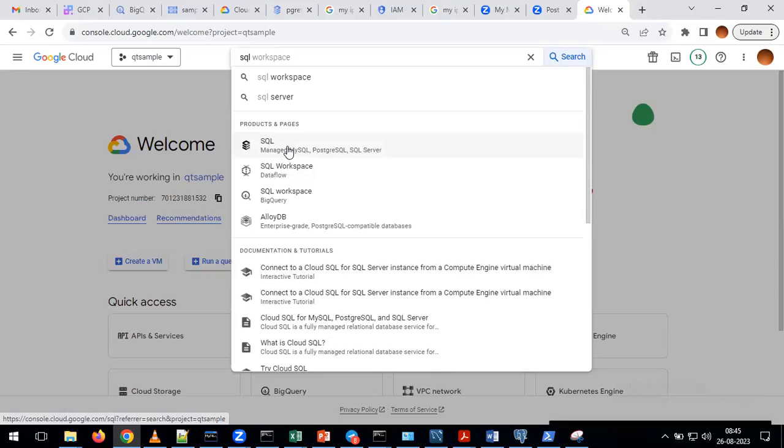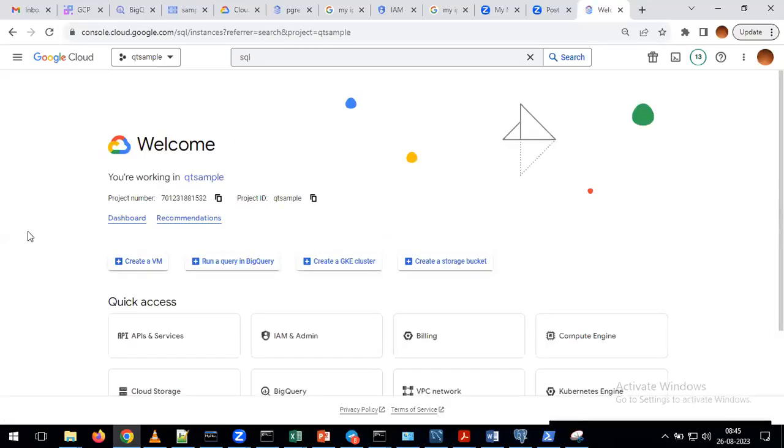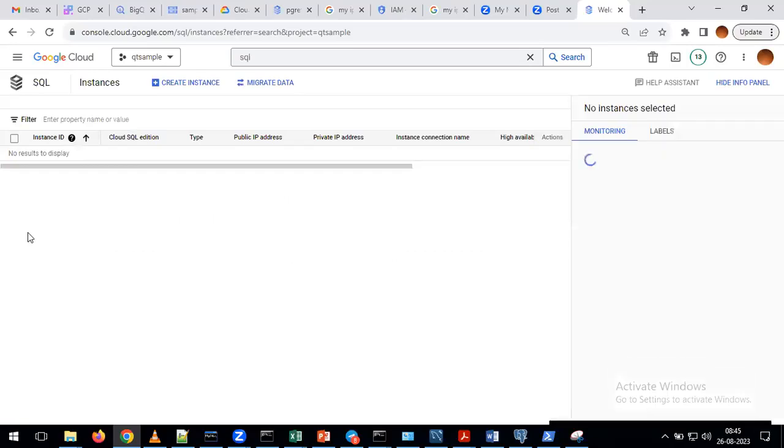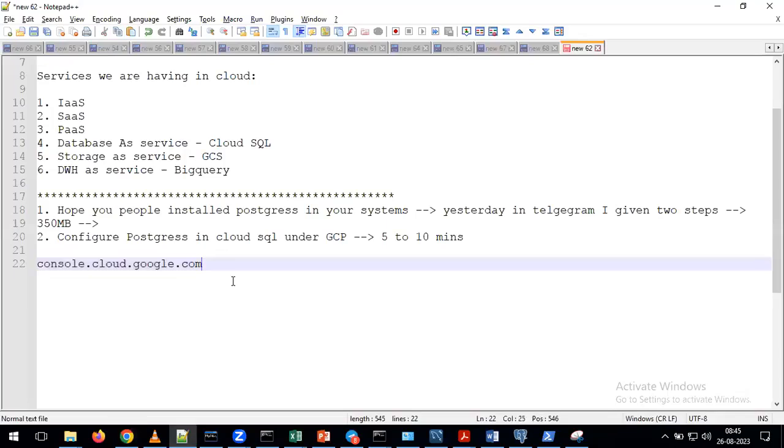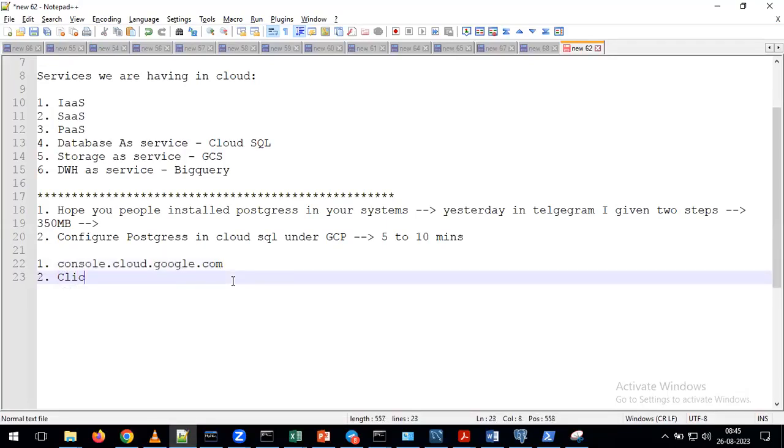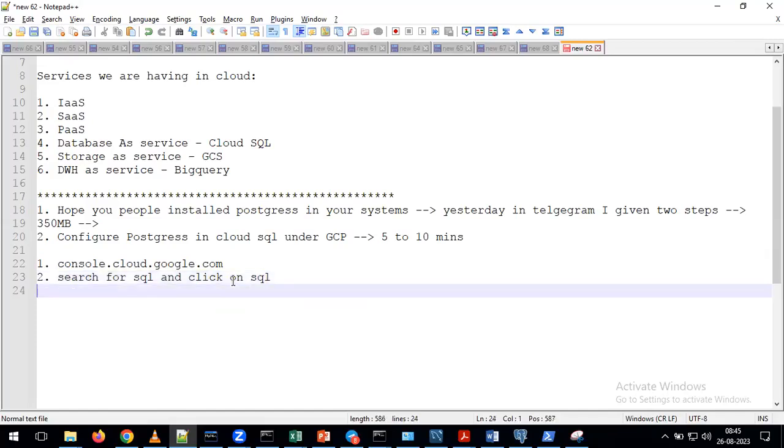So please click on SQL. Don't click on SQL Workspace.